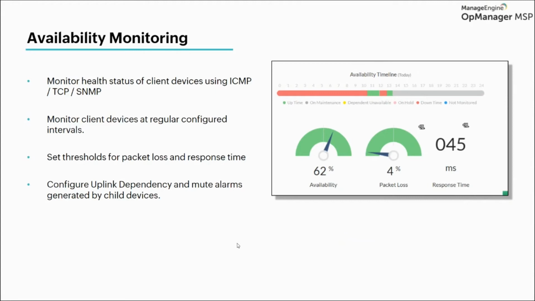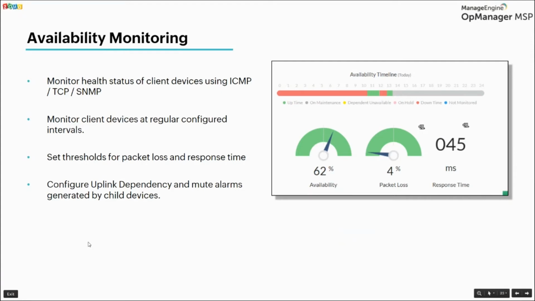So you have an ability to monitor the sys uptime or the health status of the devices through three different protocols, ICMP, TCP, or SNMP, and have a custom polling interval to see how long the device has been up and whether it's down or not. And this is going to help us understand what our environment's health status is, how often it is going down, or if there is any major downtime which is going to cost lots of money in my business when I'm running it. I don't want my routers or switches to go down more than a specific time period. We'll have SLAs and documentation which we can achieve easily by monitoring the availability of the devices using OpManager MSP.